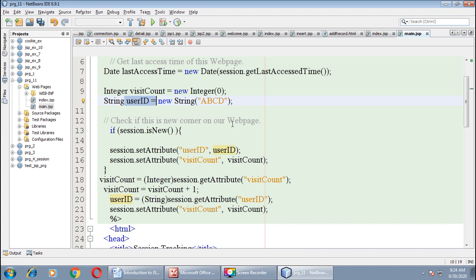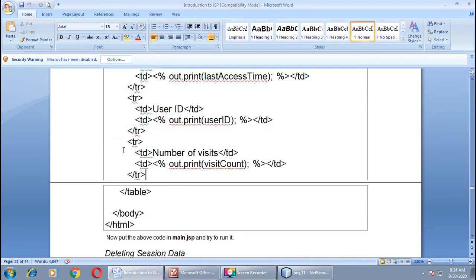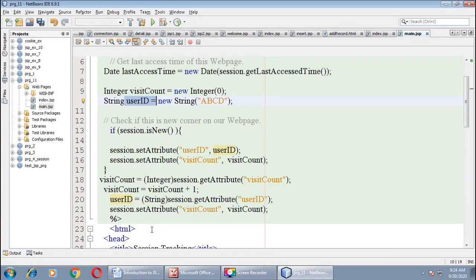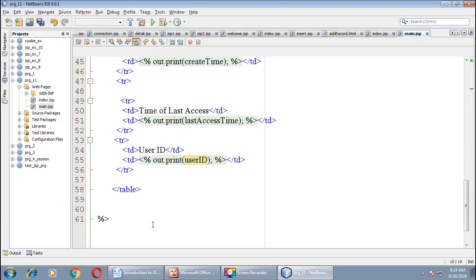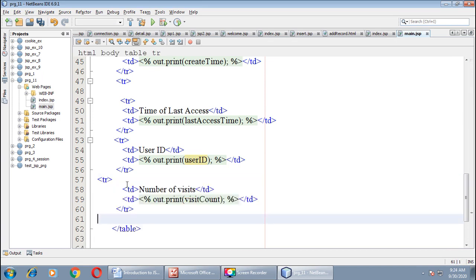Then the number of pages visited. The number of times the page is visited we can keep track of with the help of one counter, right?